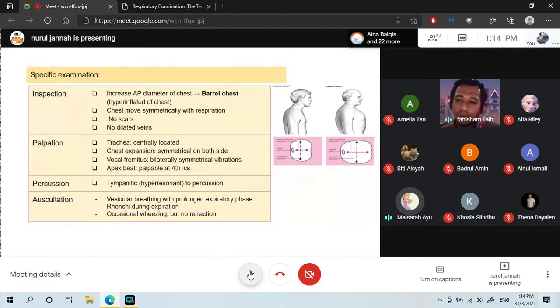For palpation, what are other clinical signs of chronicity in asthma, apart from hyperinflated chest? Chest recession, that is retraction, is for acute problem. Because this child is not acute, you can't have any chest recession, isn't it? Chronic. If they have been coughing for a long period of time, what are the clinical signs you expect to find?